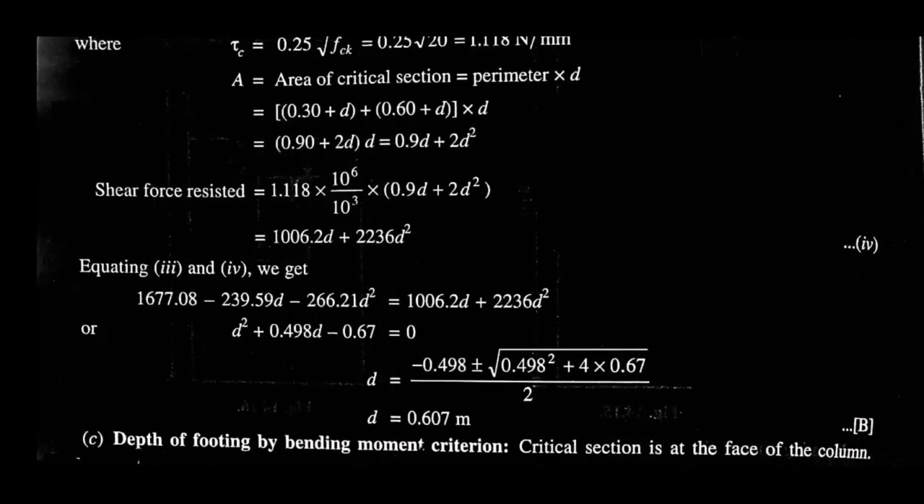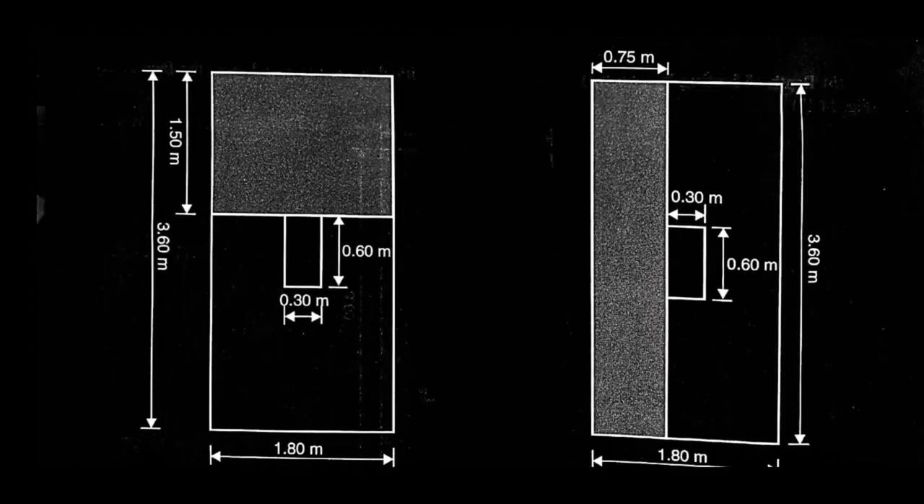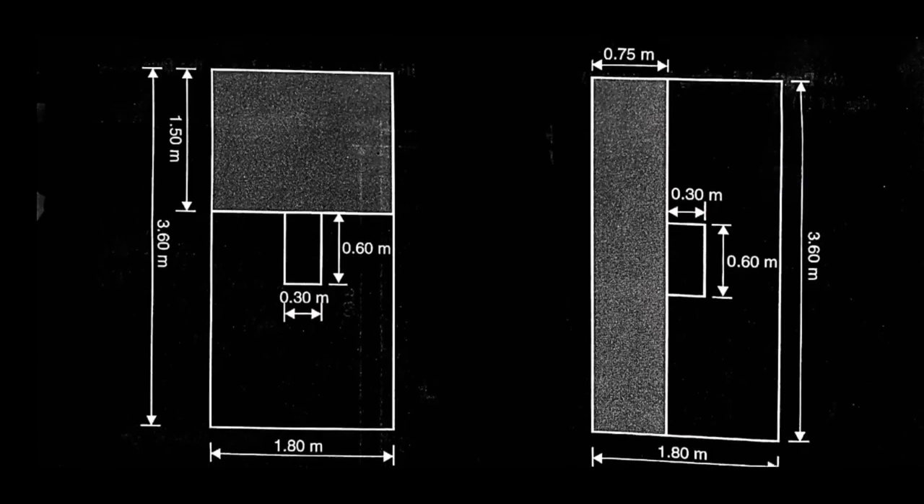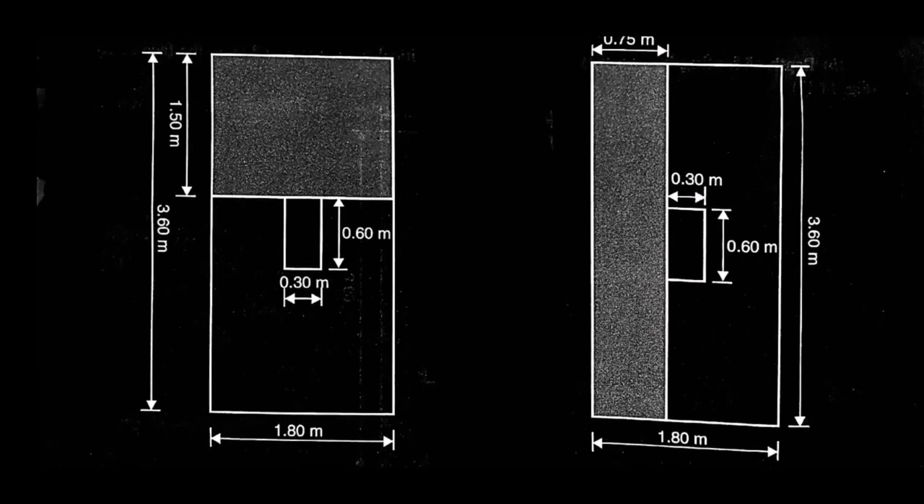Okay, for bending moment criterion, first of all see these figures. In the left side, the zone of bending moment is shown along shorter direction, and in the figure on the right side, the bending moment zone is marked along longer direction. So we have to calculate this value. So for shorter direction,